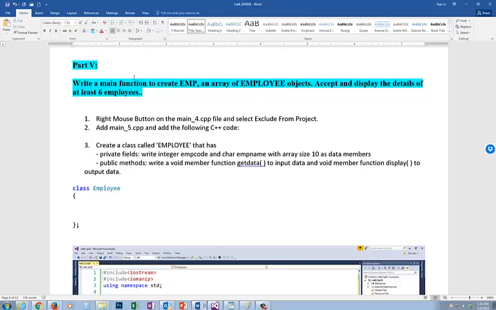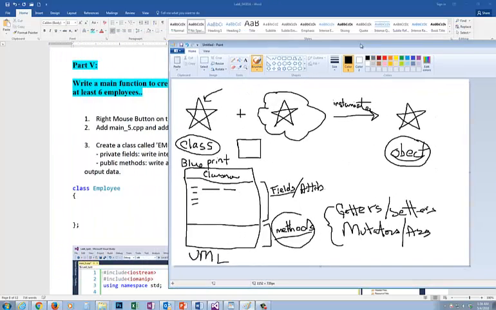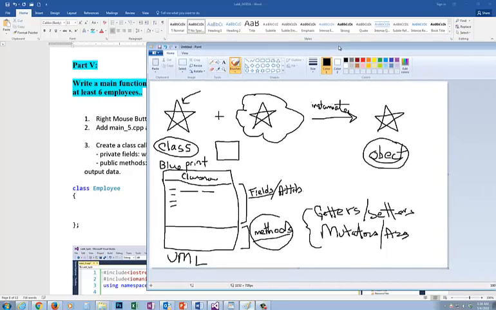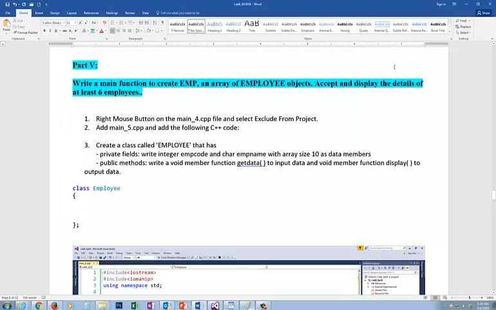You should be able to write a function. Remember that picture I was showing you? When you leave here, you need to be able to overload that function. You didn't have too much practice with classes. You should be able to do abstraction, write the function, do the function prototype, and call that function. But in this part of the lab, make sure you exclude your main 4 and add in a new one